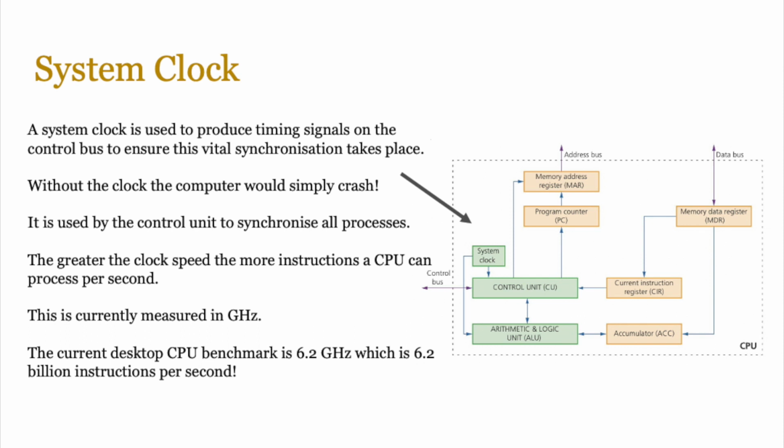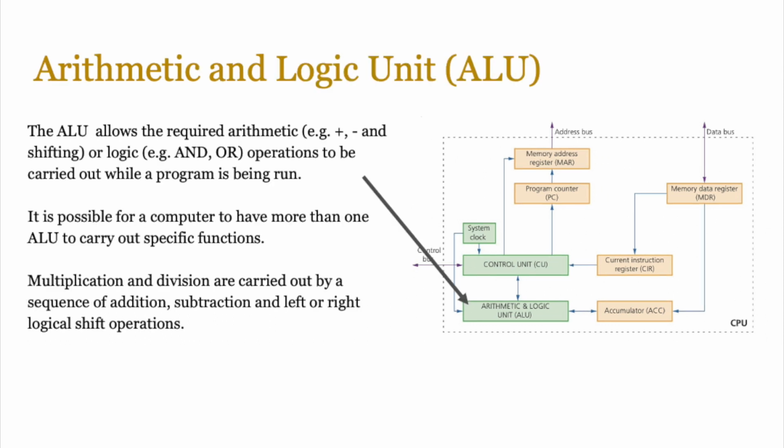The greater the clock speed, the more instructions the CPU can process per second. This is currently measured in gigahertz. So if you've got a 6.2 gigahertz processor, which is the current desktop benchmark, that means it can process 6.2 billion instructions per second. The next big component is the arithmetic and logic unit, and this is the maths part